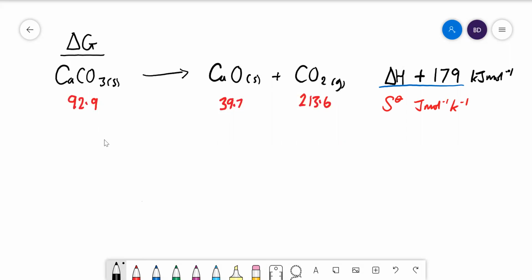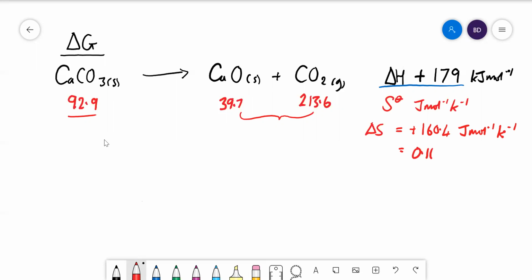So we need to work out delta S. So we've got to add these two together, haven't we? And then subtract that value. And if we do that, we get a positive value of plus 160.4 joules per mole per Kelvin. And of course, we need to convert that into kilojoules to put into our delta G equation. So that's 0.1604 kilojoules